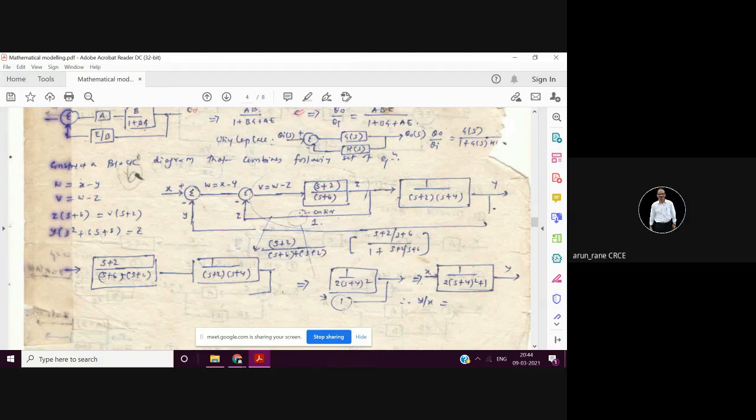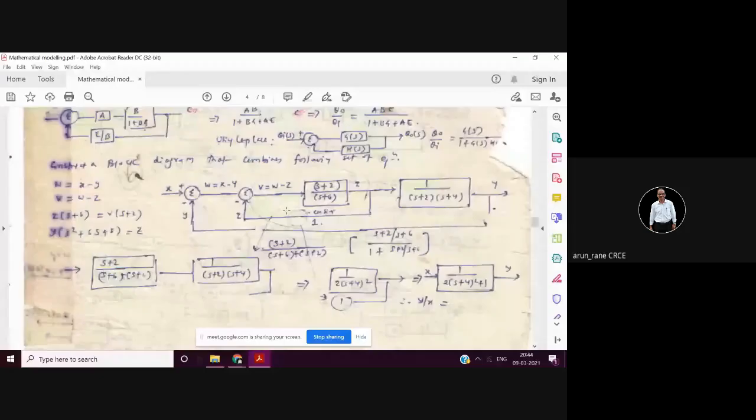So you are considering a block with transfer function 1 here. So the value of A is s plus 2 upon s plus 6 and the value of B is 1. Whenever you have such cases, otherwise you cannot reduce this. But sir, how do you understand what you have to reduce it to? See, always solve from inside and go outside.